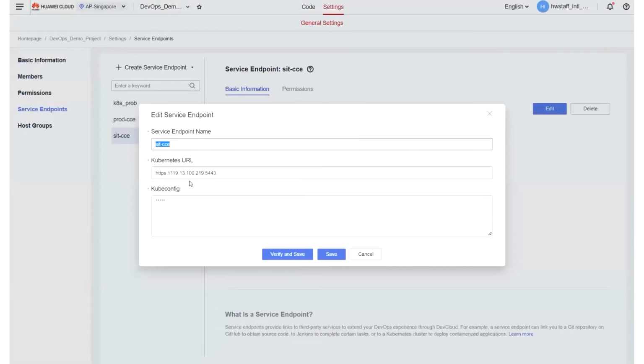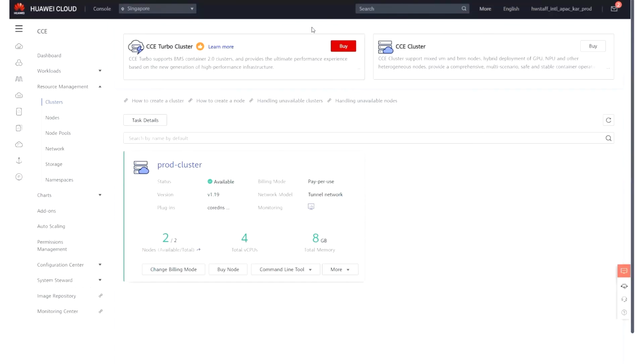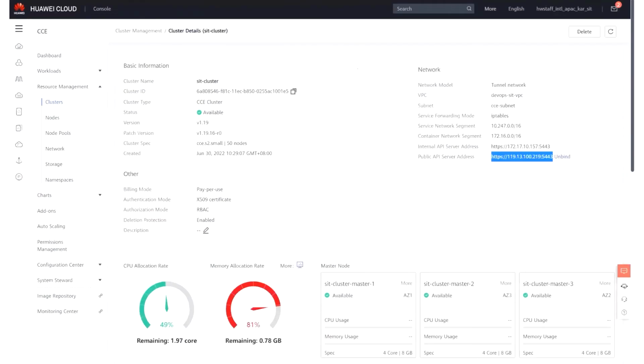Go back to the service endpoint configuration. Paste the URL link here. Remember to remove all the spaces before it, or else it can't be connected. So after that,